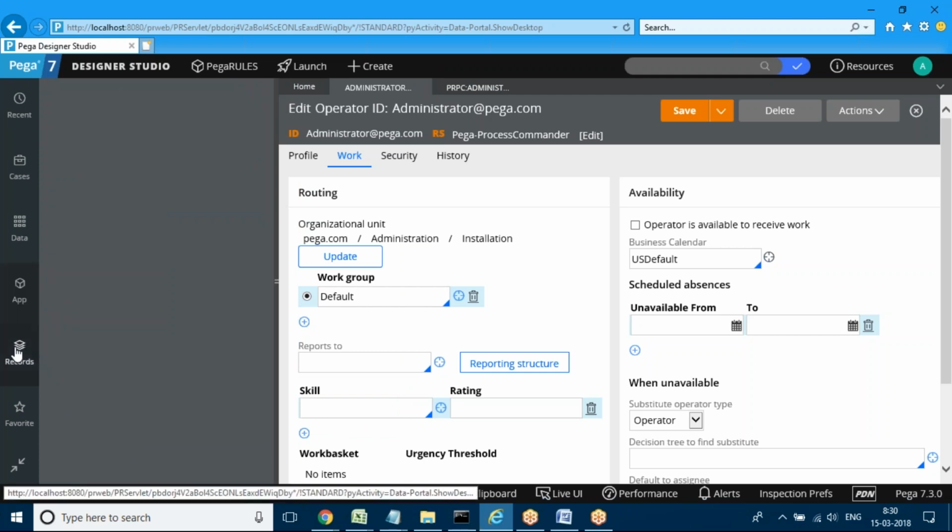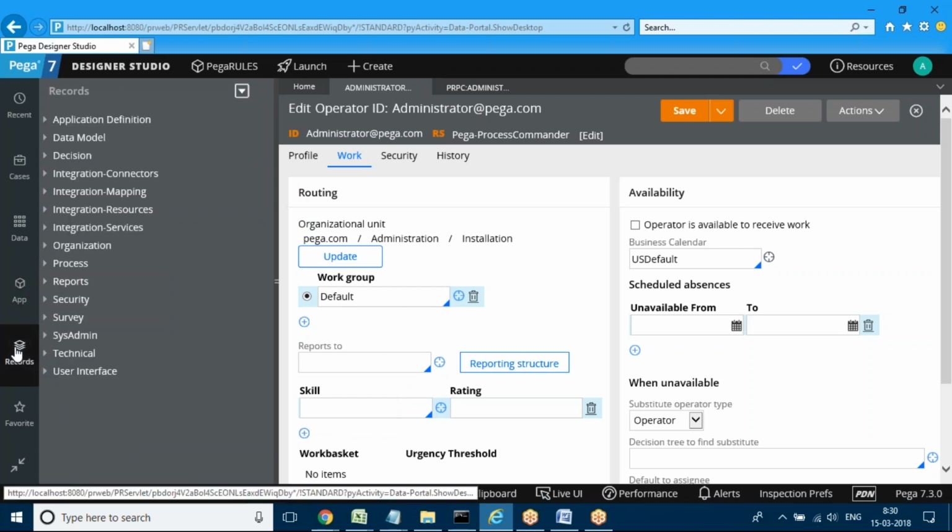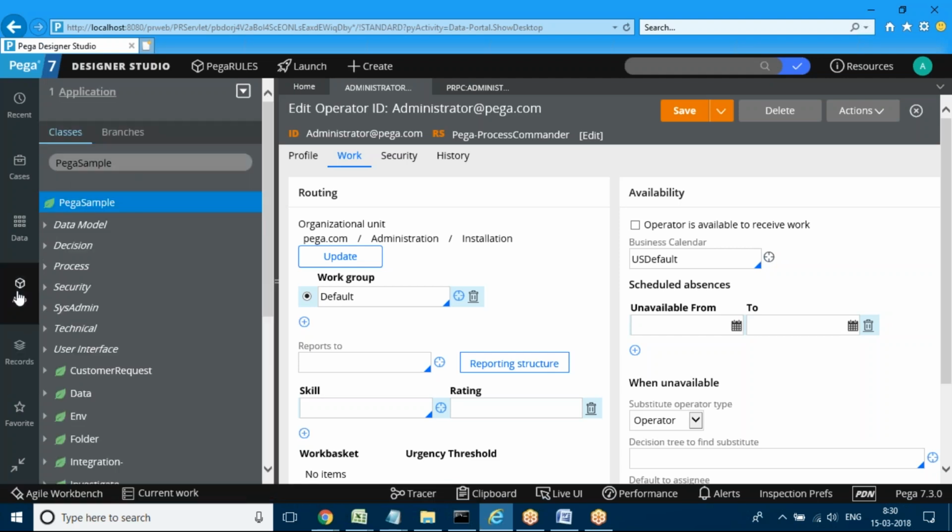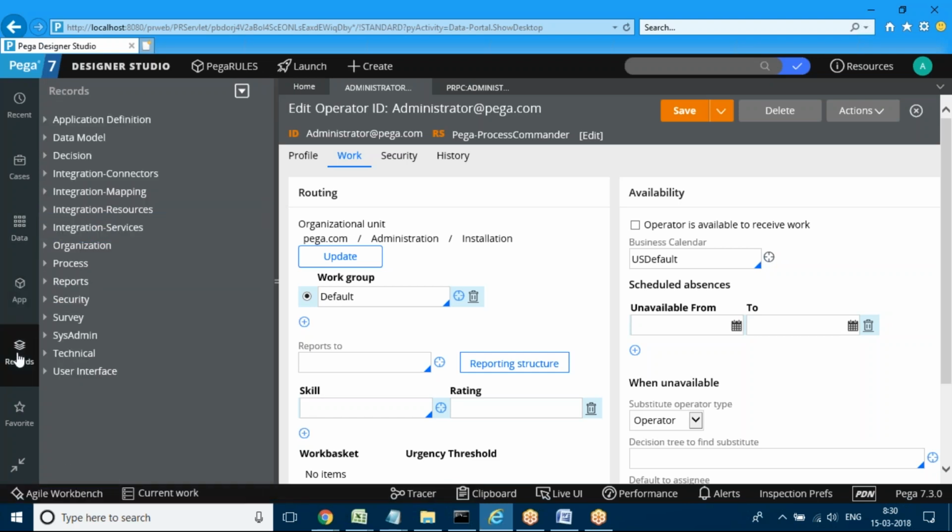And finally there is Records. Records is nothing but the things we created in App Explorer, which we can check in read-only format in the Records Explorer. Practical things we have to create from App Explorer. If you just want to view them, we can also view them from App Explorer in read-only format. So Records is an optional thing, it is not mandatory.